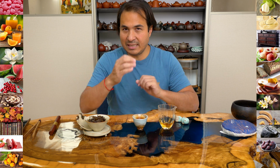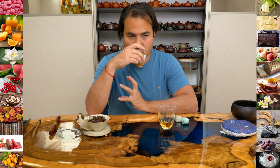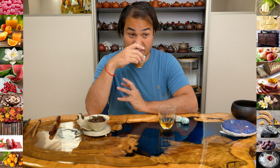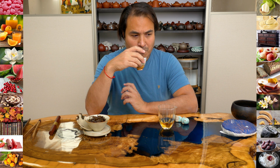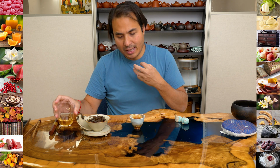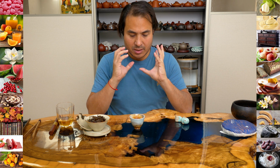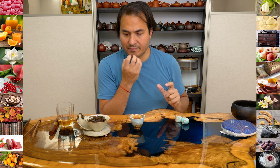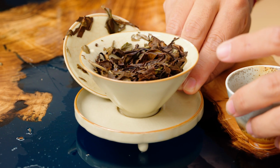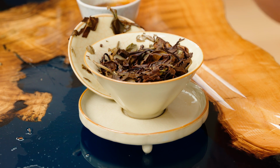That tingly sensation in my mouth is also reminiscent of sherbets. So it's got a sherbety sort of quality to the texture, to the tingle, but also in that bright, quite light, flowery taste, I'm picking up some of that fizz of sherbet. So what's interesting, at least from this first couple of infusions, is it seems to be a very,